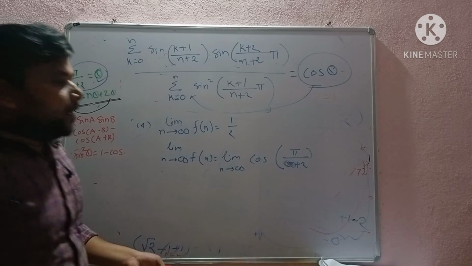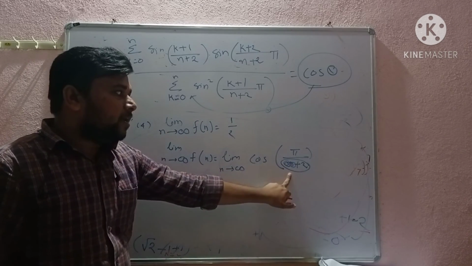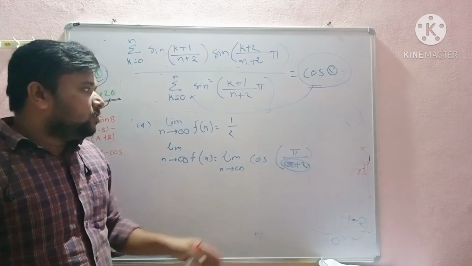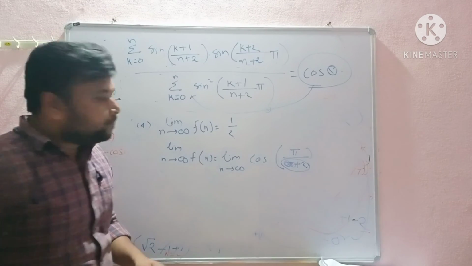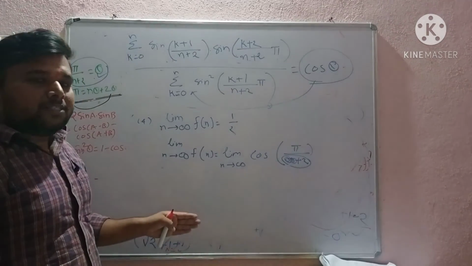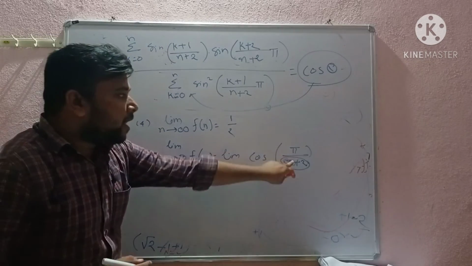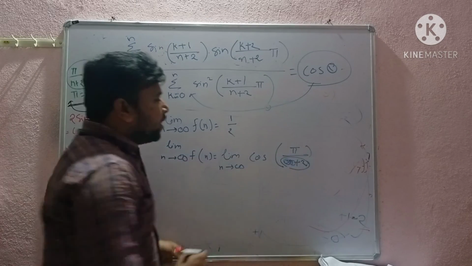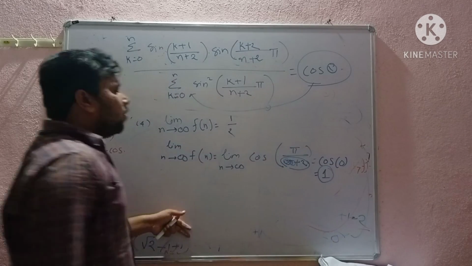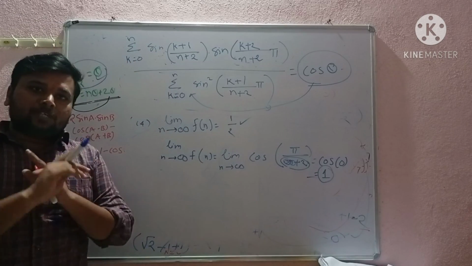Now what are we observing here? What is in the denominator? There is infinity in the denominator. When we divide a certain number by infinity, its value is negligible, nearest to 0. It is assumed to be equal to 0. So we get that the value of pi upon (infinity plus 2) becomes 0. So cos 0 becomes 1. So the fourth option is not correct because the value is 1, and here 1 by 2 is given. That's why the fourth option is falsified.